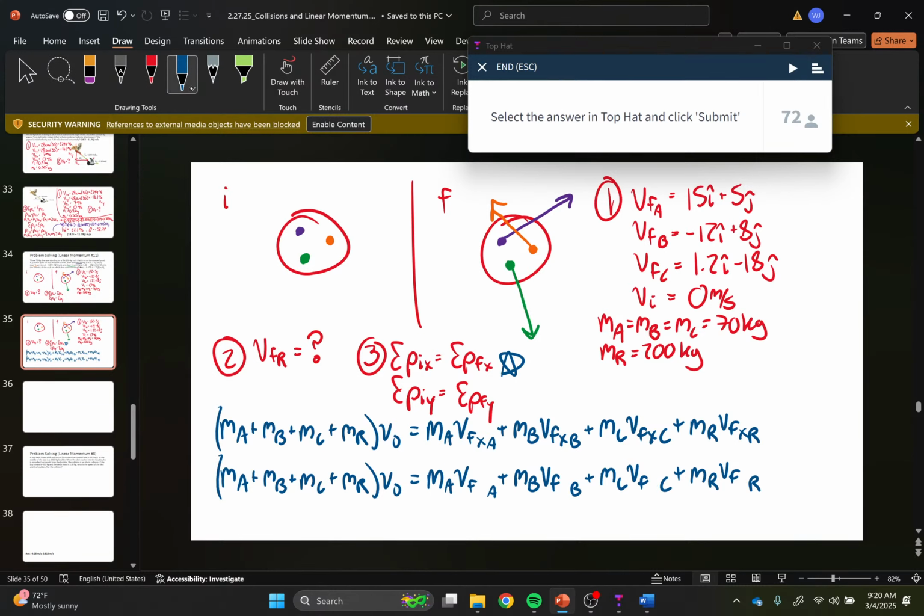Because it's the same one. Y. Initial X, initial Y. And you plug in numbers, and you get an answer. I will plug in the numbers as well, for fun. Massive rock times